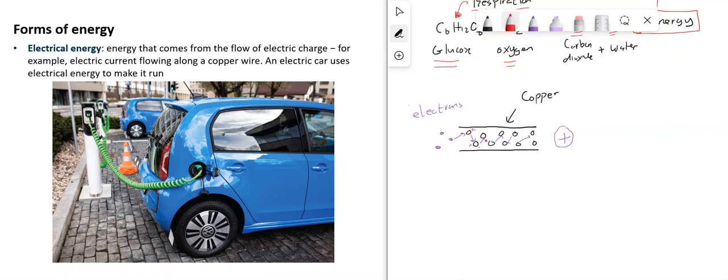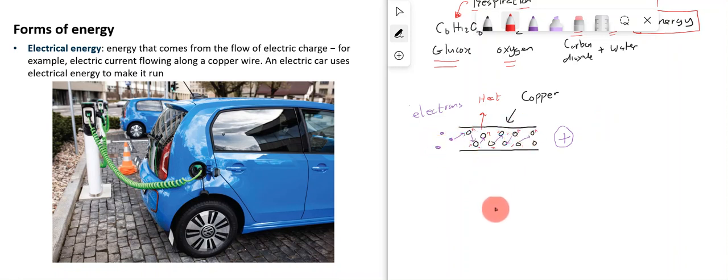So this flow of electricity can be used to do useful work. So for example, when it flows through a piece of copper, it can cause the copper to vibrate, and it can start to give off heat. So what you have is electrical energy. So electrical energy is just the energy from the movement of these electrons. So what you can do is put things in front of the electrons and get them to do